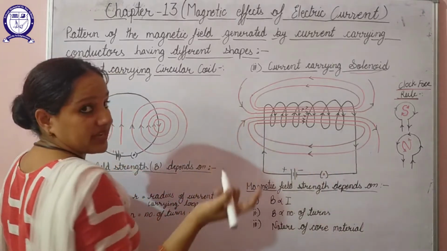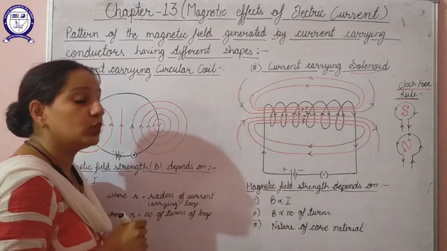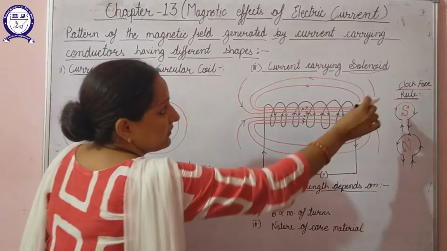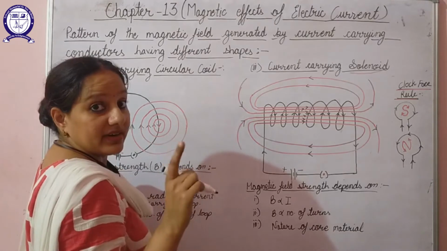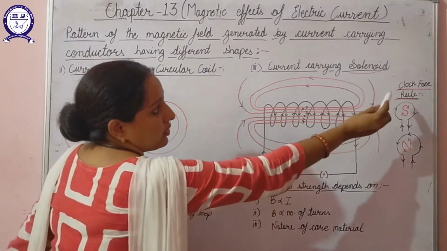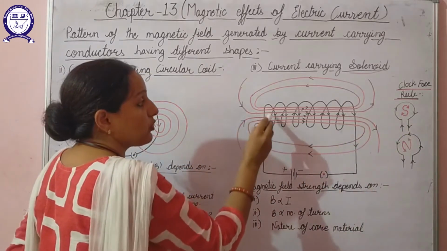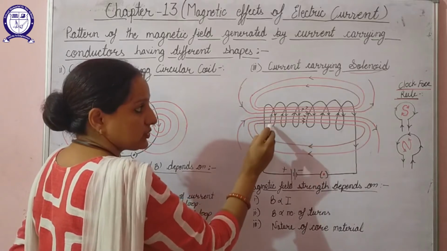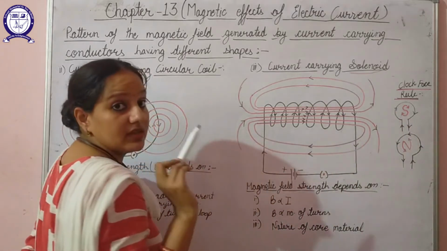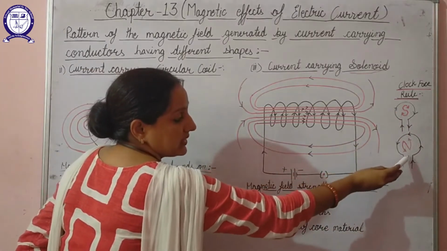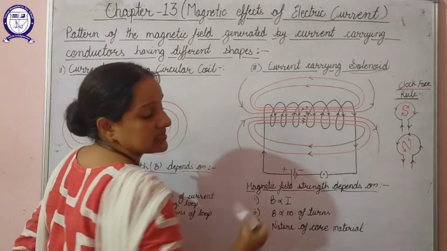Now next one, in a magnet we have polarity, but here no polarity we have specified. So again we have a rule that is known as the clock face rule, which is used to determine the poles of a current carrying conductor or the poles of an electromagnet. According to this clock face rule, if the direction of current in the face of a coil is clockwise, that will behave as a south pole, and if the direction of the current in the face of this coil is anti-clockwise like this, that will behave as a north pole.